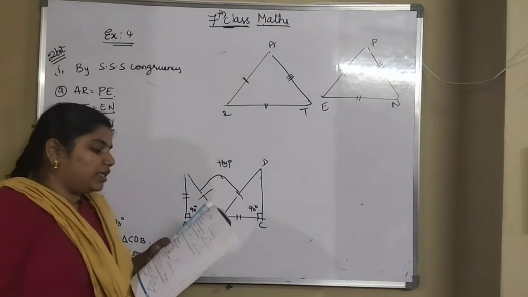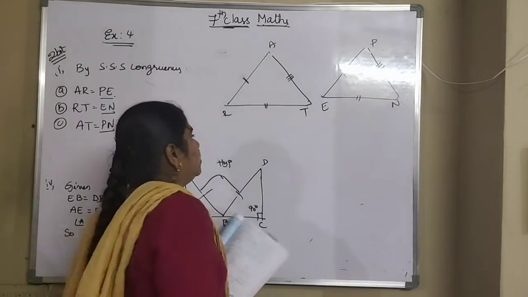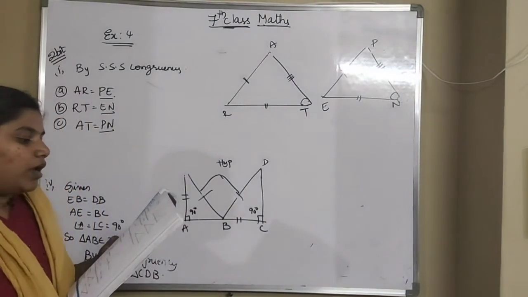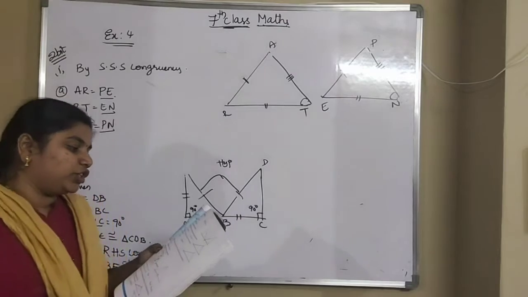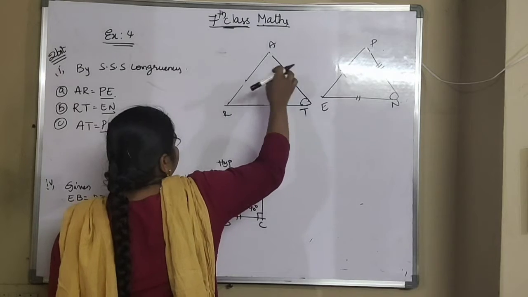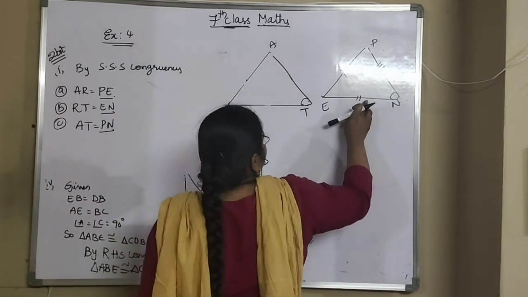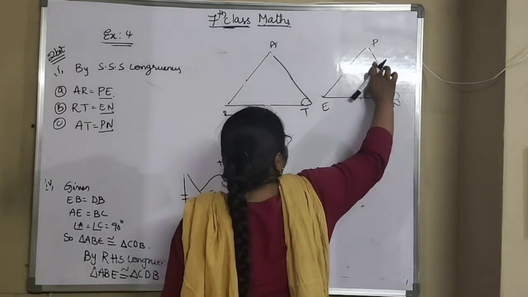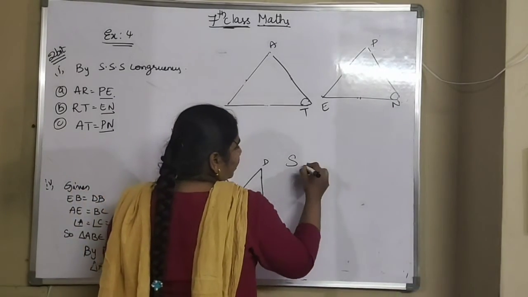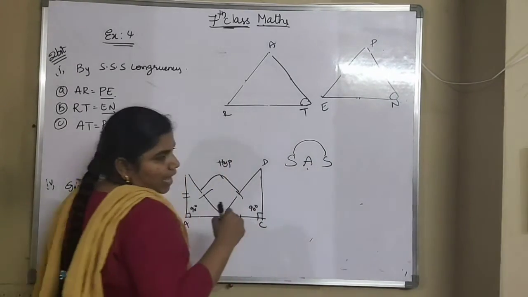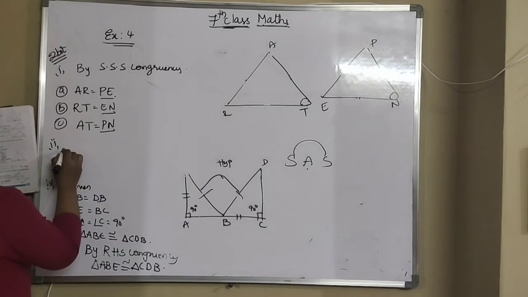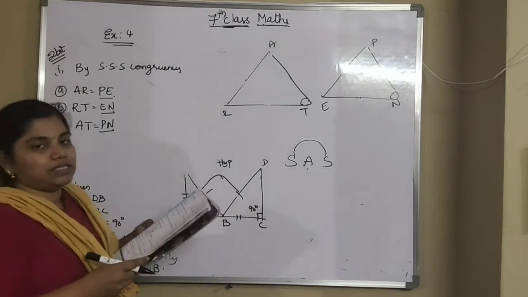Next, it is given that angle T is equal to angle N. So they are telling us the angle T value and angle N value are equal, and you are to use the SAS criterion. Which congruency are we using? SAS congruency. SAS is nothing but side, angle, side. Now what do we mean by side, angle, side? That is two sides and the included angle. That angle should be in the middle. So here, second bit, angle T is equal to angle N, they have given. By using SAS we have to prove.